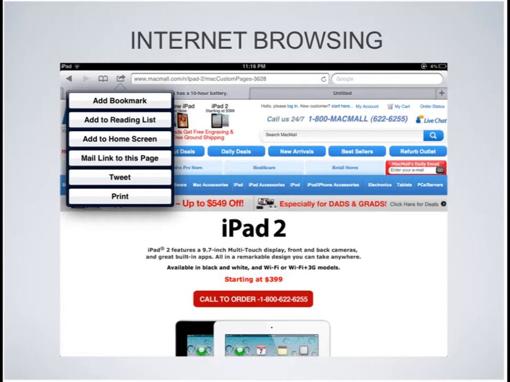So if we wanted to read this site later, we just tap that button and it will automatically add the URL to our reading list. So when we're ready to read that site, we can just go to our reading list and it'll pull it up for us automatically. The third button is really cool because if you read pages often, by clicking Add to